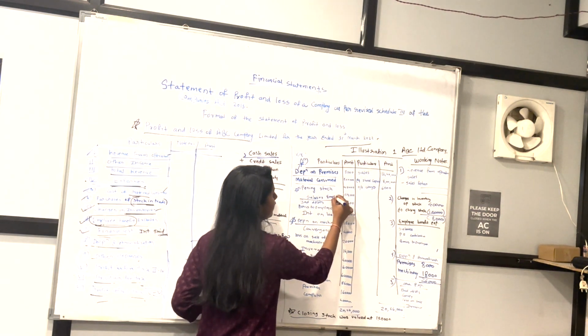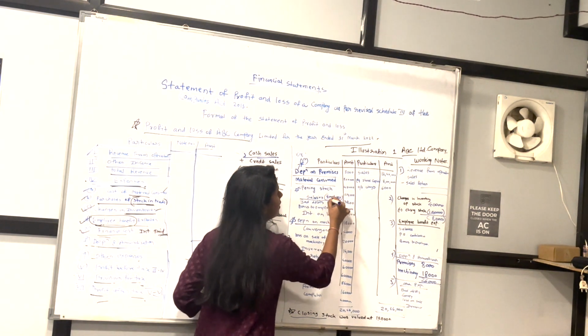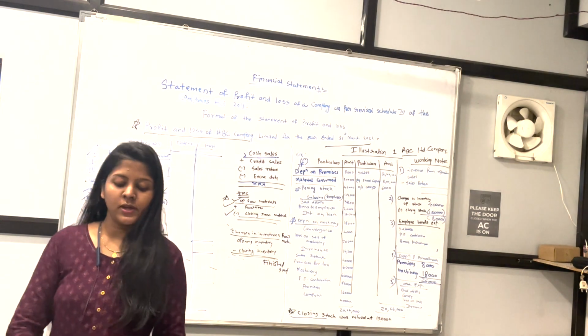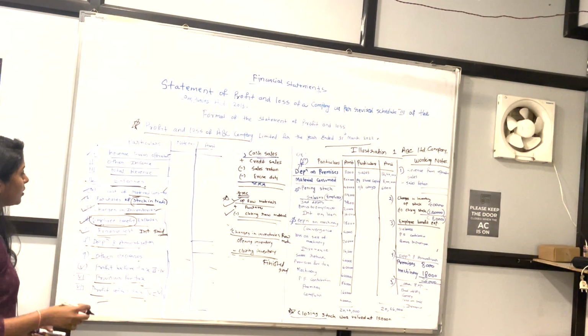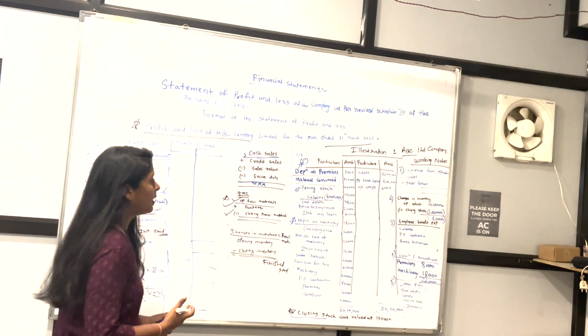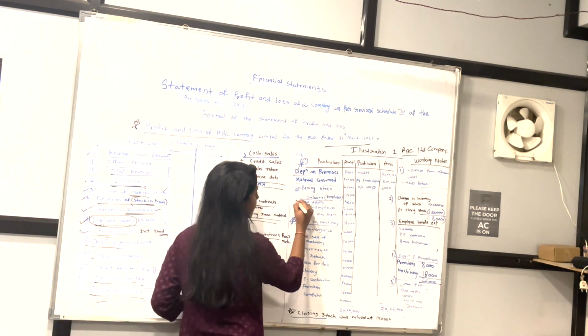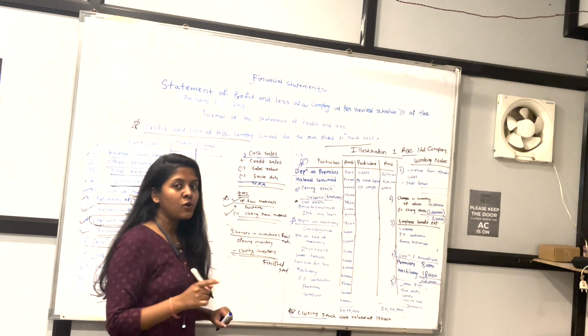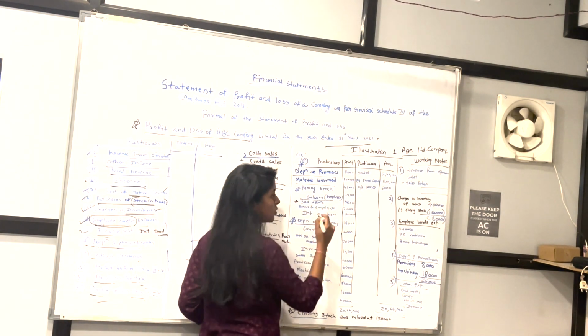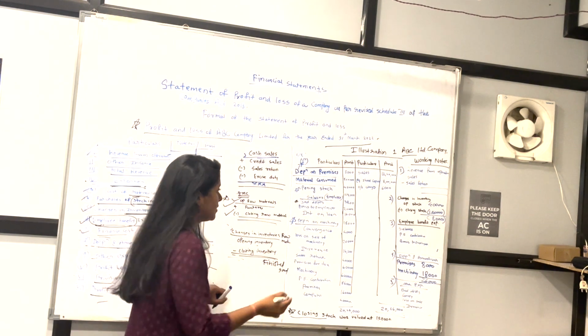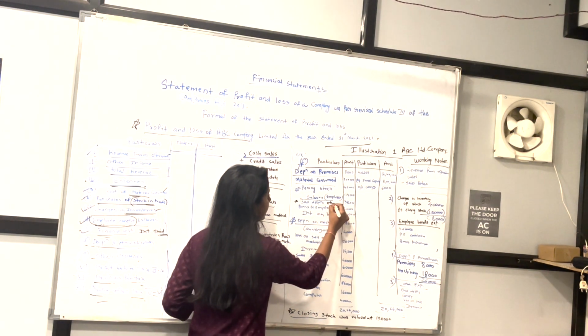So you have to mark where these items are going, whether it is going in changes in inventory, revenue from operations, or other income. So you have to mark all the items first. Bad debts is the amount which is not going to be recovered. So bad debts is your other expense. So this will go in other expenses paid.